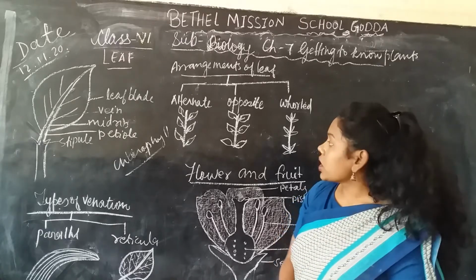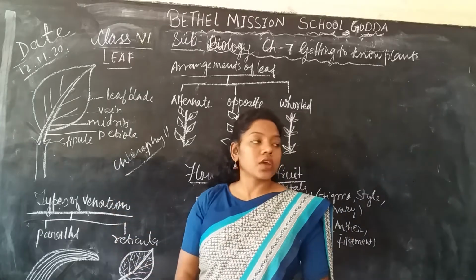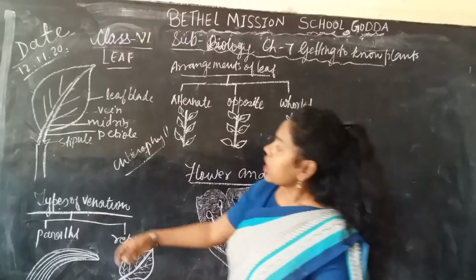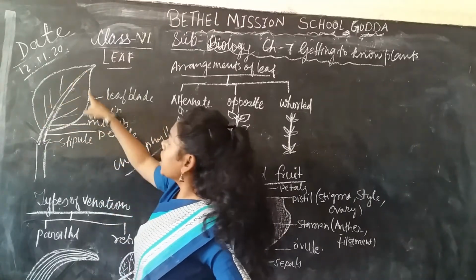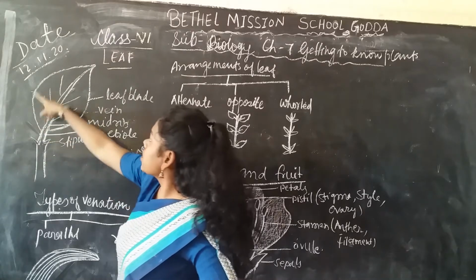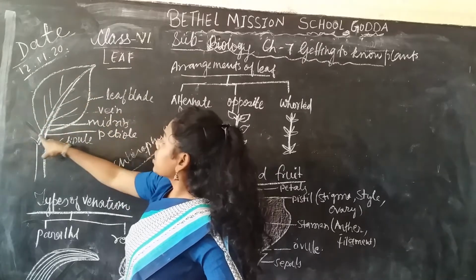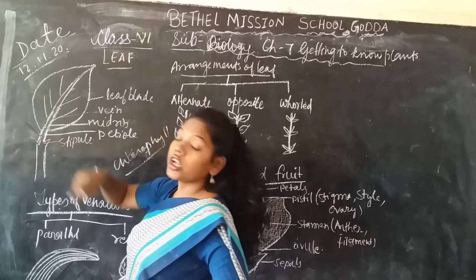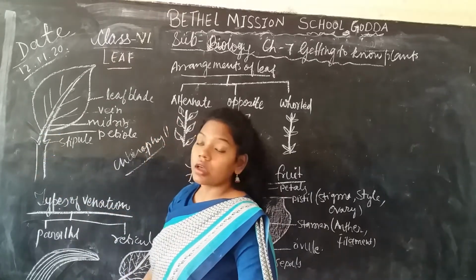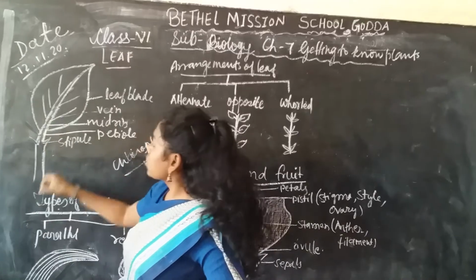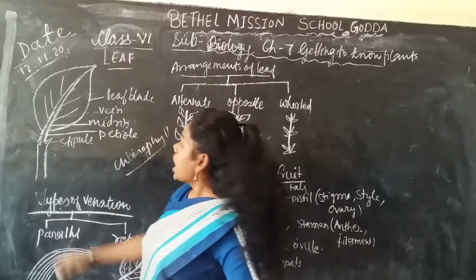So you can see the structure of the leaf. You can see a very wide leaf I have drawn. You can see the leaf is connected with the node, and this node is connected with the stem. It is the stem. So this node-like structure which you see, that is called the stipule, and this stipule